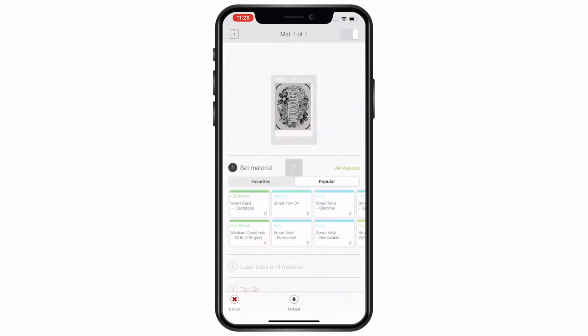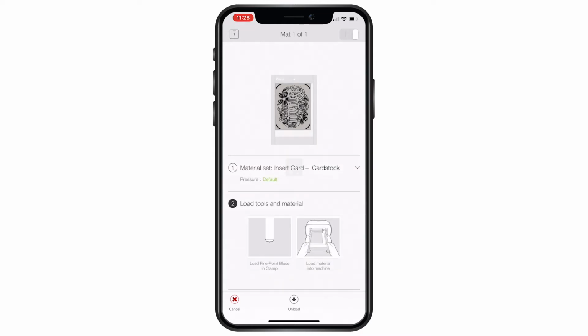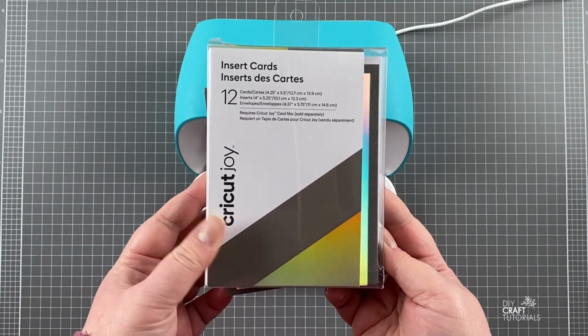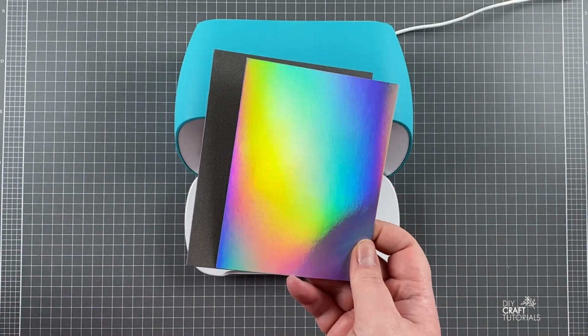I am using the Cricut insert cards today, so from this screen I choose Insert Card Cardstock. If you are using your own cards, you could choose medium cardstock or something else. Now that my cardstock is set, I need to load the mat. The insert set I am using today is the grey silver holographic pack, and I'll leave a link to that